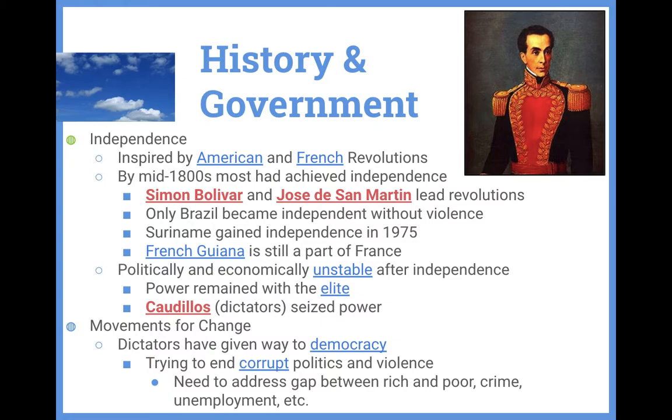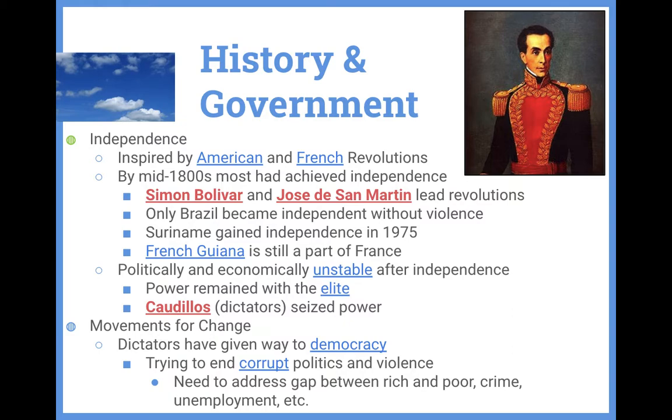But French Guiana is still part of France, and it's literally a part of France. Like, it's literally considered France. So when you talk about like the European country that's closest to the United States, it's France because it's Suriname. It's right there, but it's French Guiana. It's like right there.